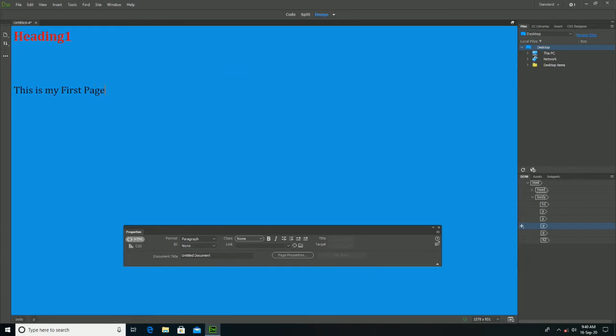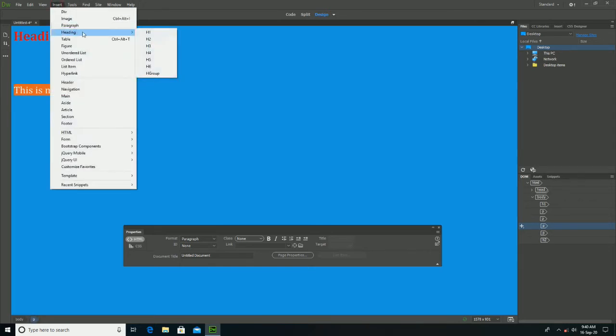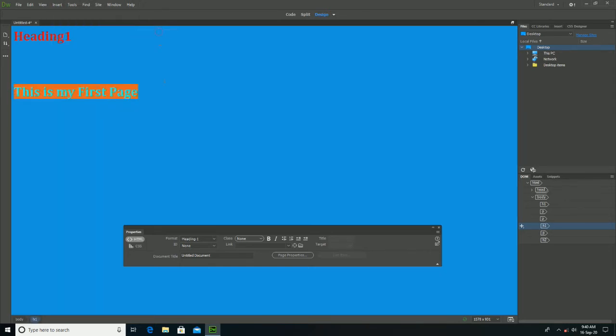So to set the heading, click on the insert and heading, and there you can see from H1 to H6. So click on the heading that you want to apply on the text.